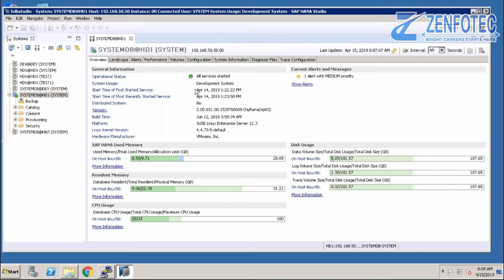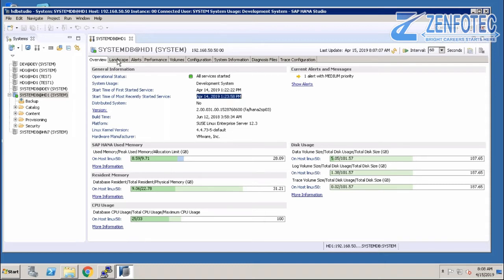It tells which services were restarted recently. Here the timing is 12:22:22, but the other is 23:58. By looking at this, I can say my services started after the first system restart. This way you can identify which services were started.